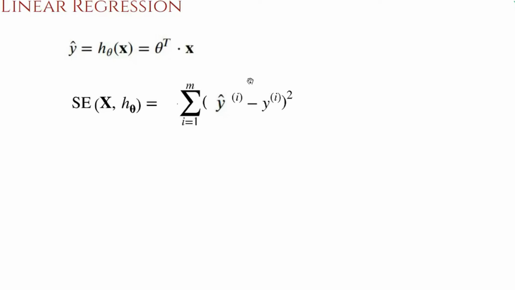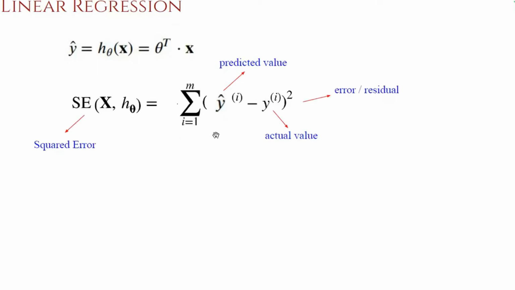But for now, we are squaring the error and adding it up. So we essentially end up with squared error. This is nothing but finding the distance between a green dot and a possible straight line. It could be a dashed straight line, or it could be that blue line, and so forth. So this is the total distance. If you have 80 samples, we would get 80 distances or errors. And if we just divide it by the number of samples, so this is the total error. This is the predicted value, the actual value. This is called the error, or sometimes it is also referred to as the residual.